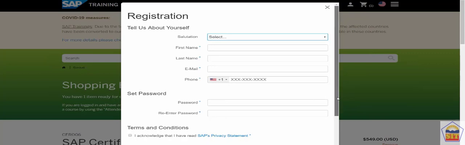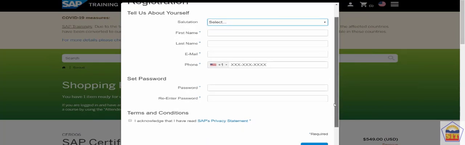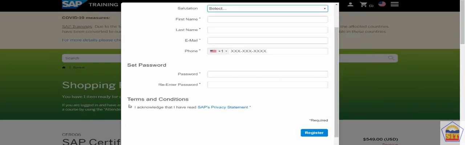Then you need to select this terms and conditions checkbox and click on the register button. When you click on the register button, you will get a mail from SAP, and in that mail you will find an activation link. You need to click on that link. After that activation, you will be able to log on to this website.